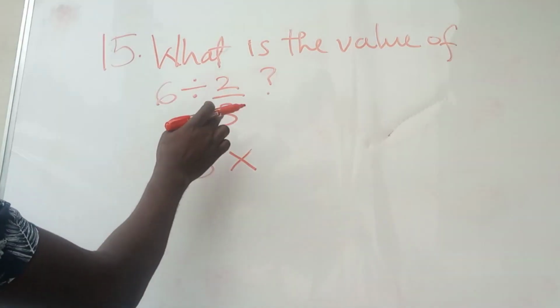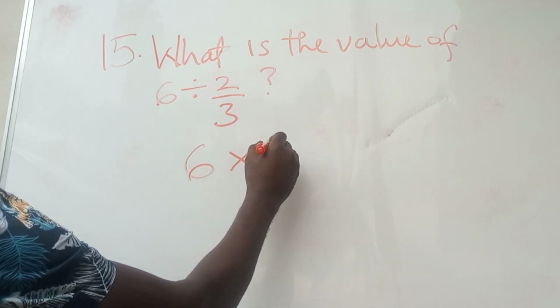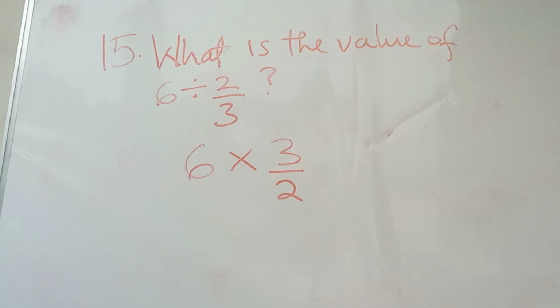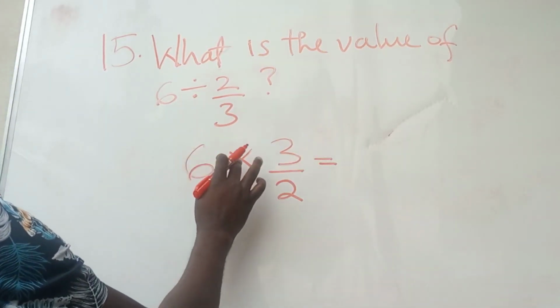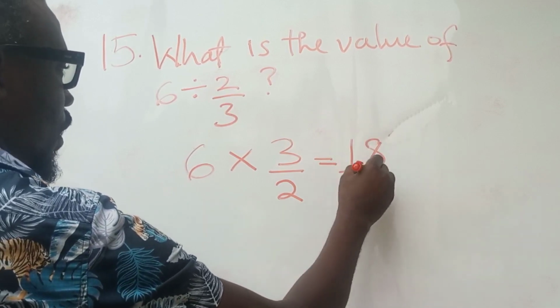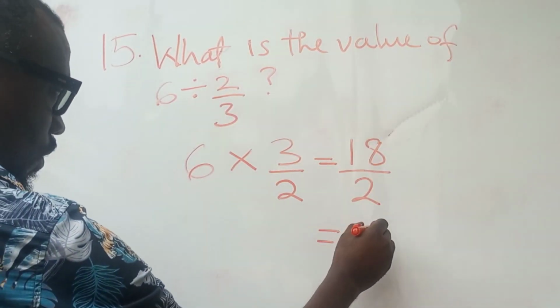So you have to convert it to multiplication, which is going to be 6 times 3 over 2, which is 18 divided by 2,